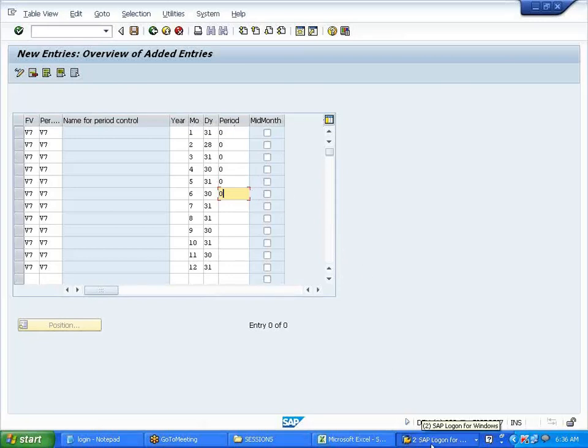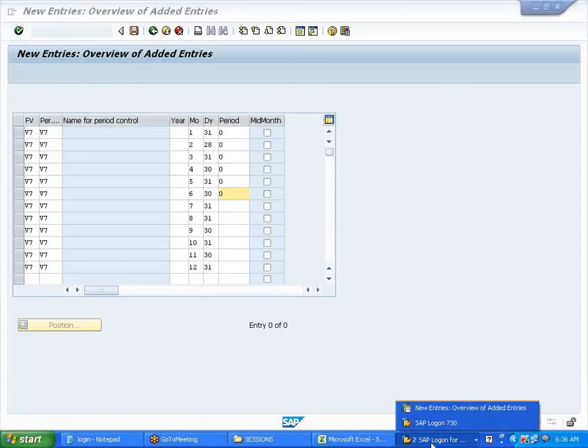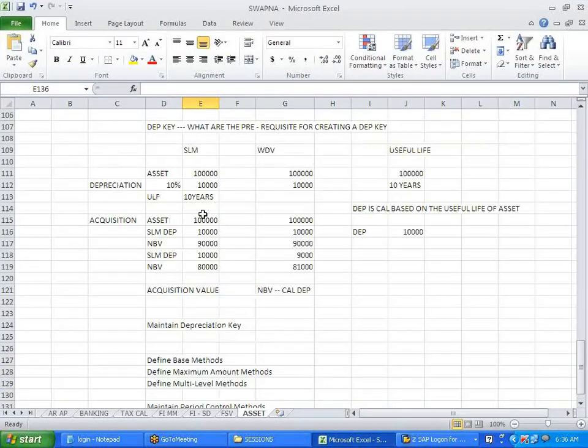Example: the asset is 100,000, and the entire depreciation for the whole year at 10% is 10,000, right?